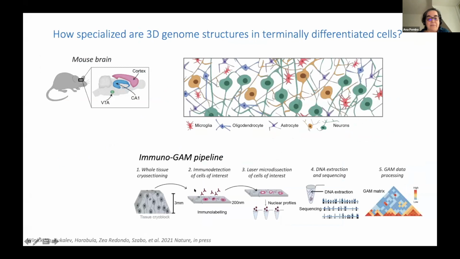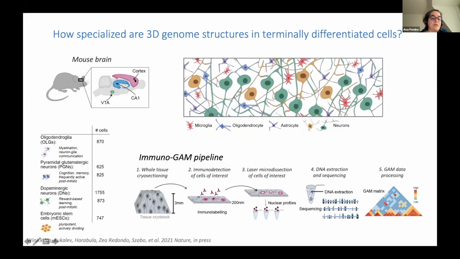We then label, in a biased manner, the cell of interest using antibodies or morphology or a combination of both. And then once we know within the slice which cells we're interested in, we can laser microdissect them. And then the pipeline is exactly the same, even though we're now working with brain tissues. For the purpose of an exploration to ask how different are the topologies of the genome mapped by GAM in specialized cell types, we took 3 brain cell types: oligodendroglia, which we did in collaboration with Gonçalo, and in particular Mandy Major, who visited our lab to learn and collect the oligodendroglia data.